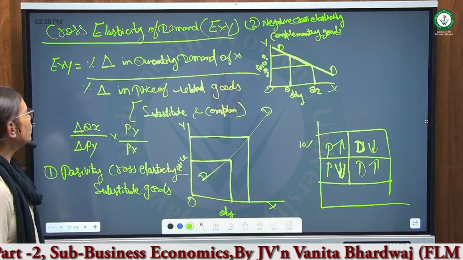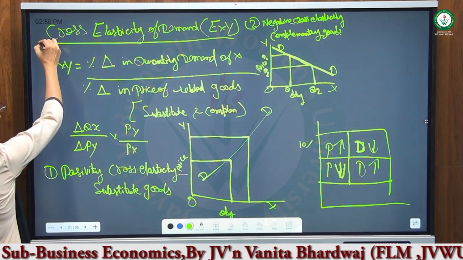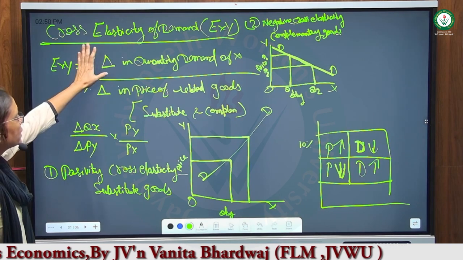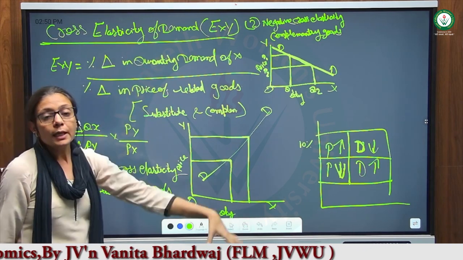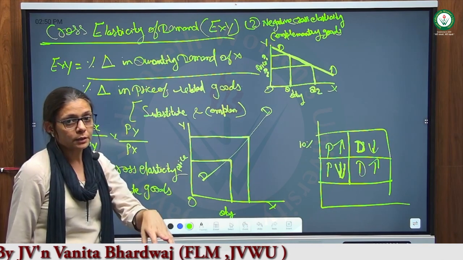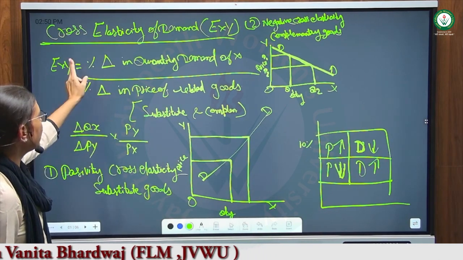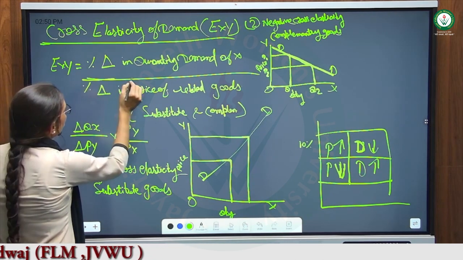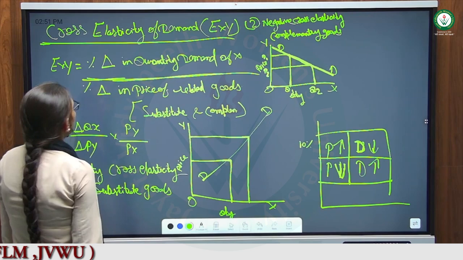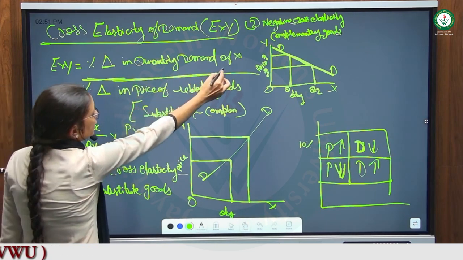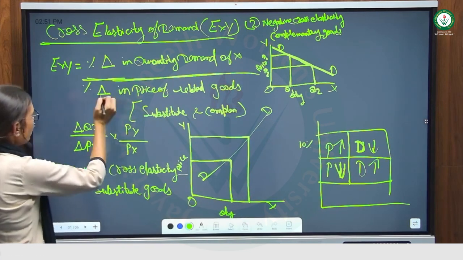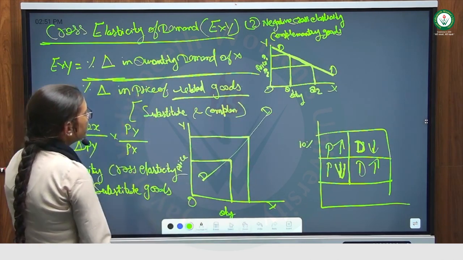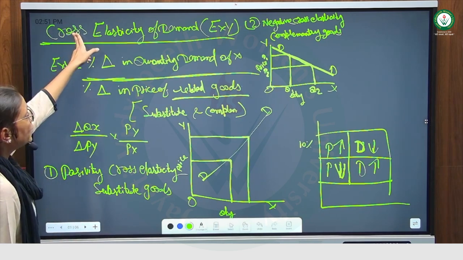Now we are moving on. The next topic is cross elasticity, the second point. In cross elasticity we analyze the elasticity by the percentage method. When calculating the elasticity of demand in the percentage method, we use the exact formula, which means we calculate the percentage change in the quantity demanded of commodity X over the percentage change in the price of the related commodity. What is the related commodity?